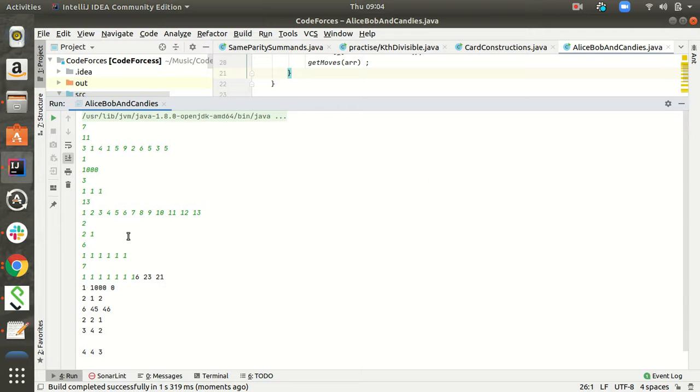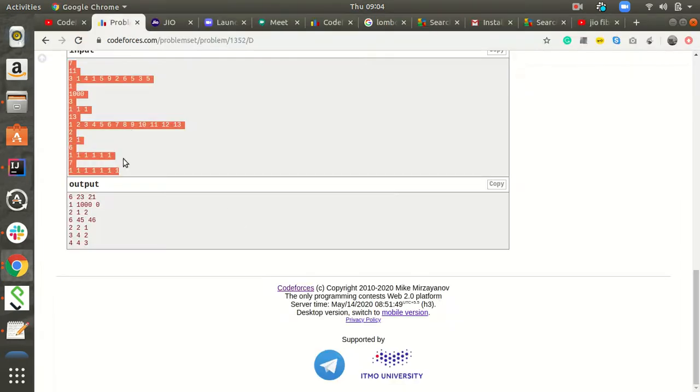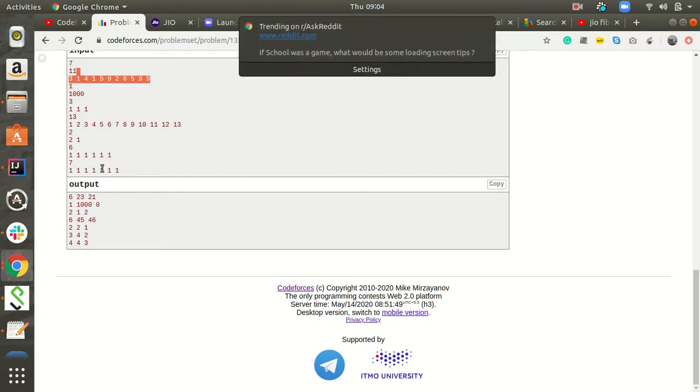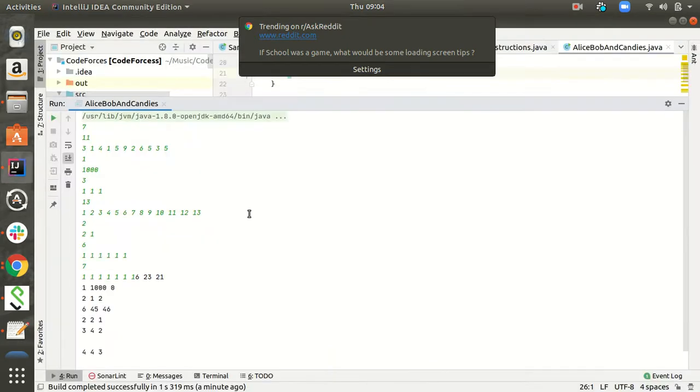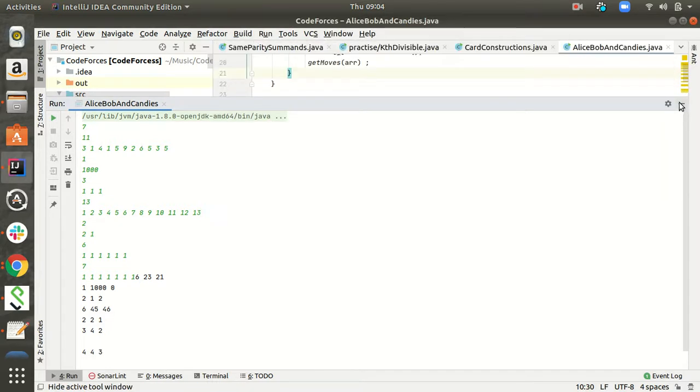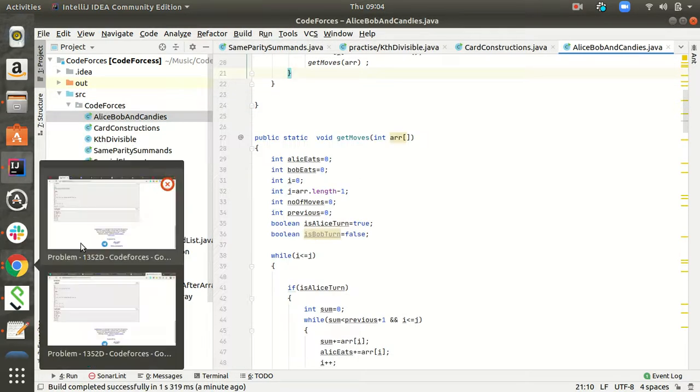It is printing correct only. Like the first section, this was the input, so expected was 6, Alice 23 and 21, so it is getting the correct answer. So I submitted this solution as well in Codeforces, which was